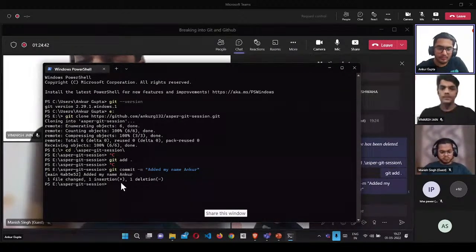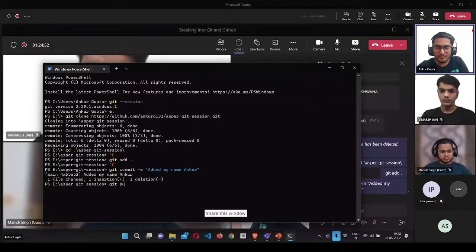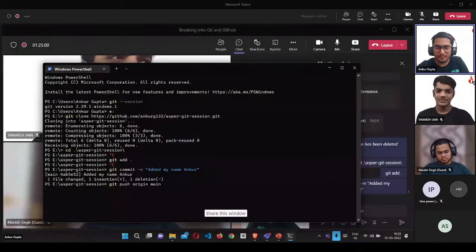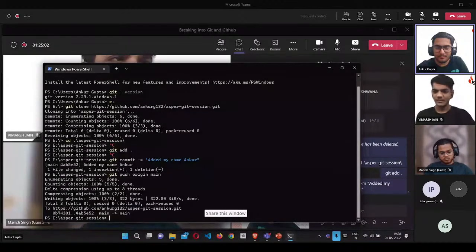Okay. So the next step, git pull. Even I'm confused between push and pull. Git, I think it's push, right? So git push origin. I'm confused between it. I hope it's push. Yeah, it's push. So then you just need to write git push origin main. So what this does, I'll explain all of it.